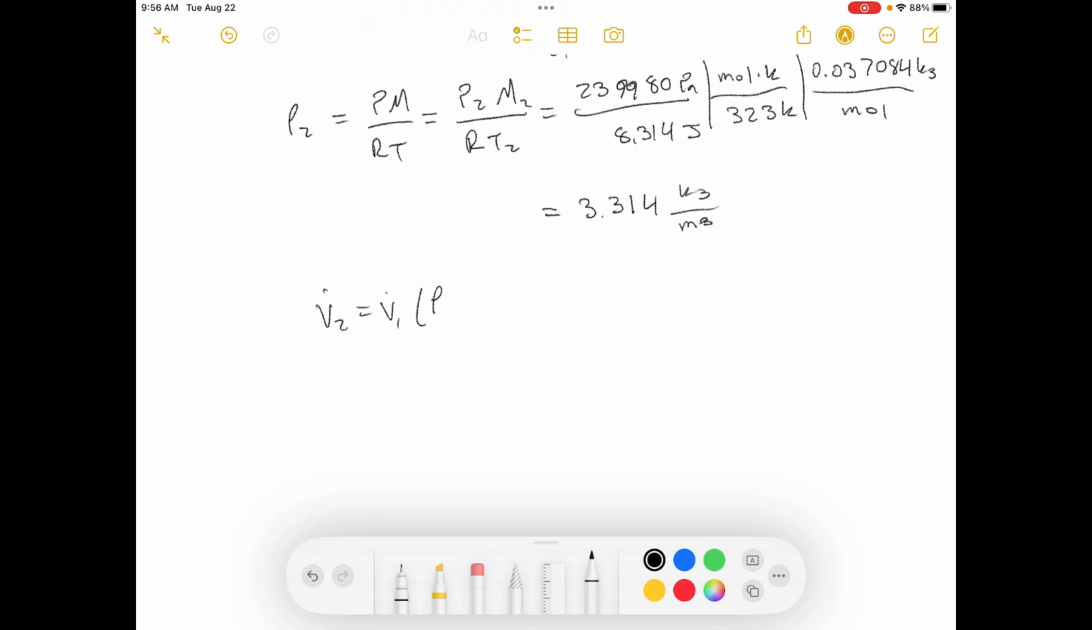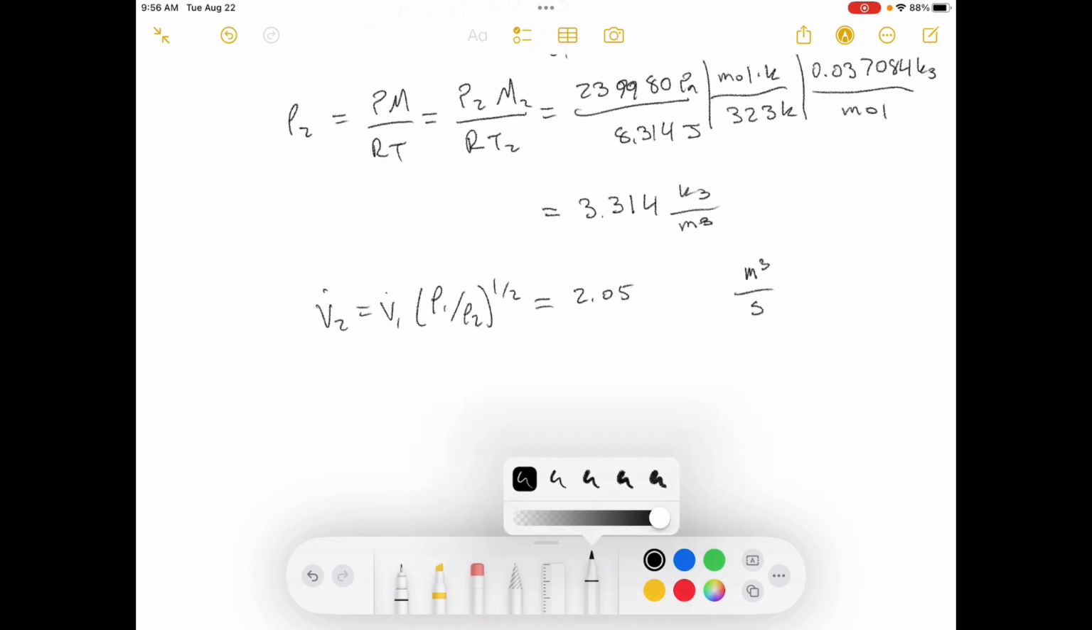Okay, and then we've got V2 equals this equation, V1 times the square root of the ratio of the densities. Okay, and I forgot to write in the scientific notation there, but that's in meters cubed per second, so we convert that over into centimeters cubed per second. And that is the answer to problem number